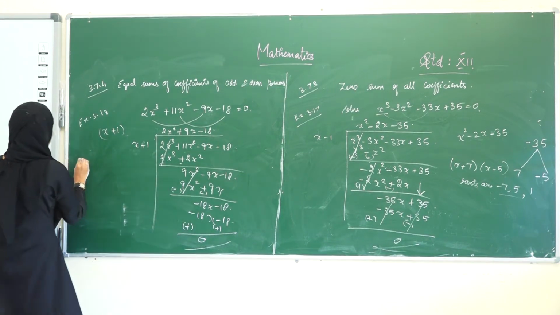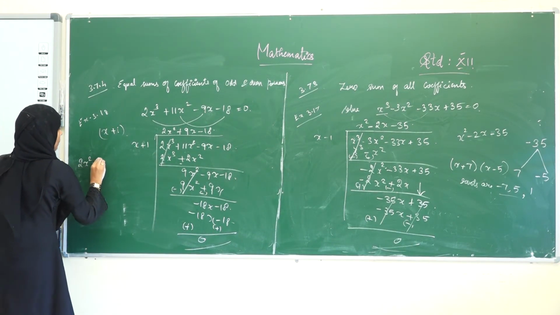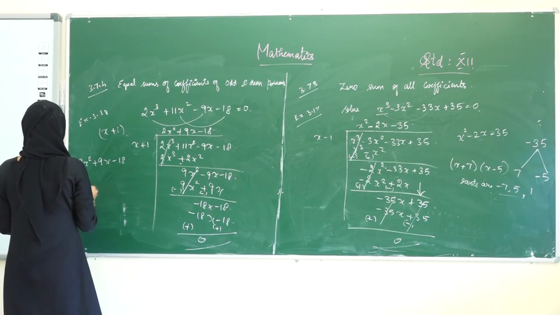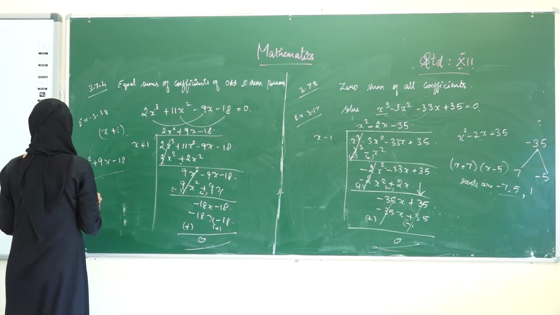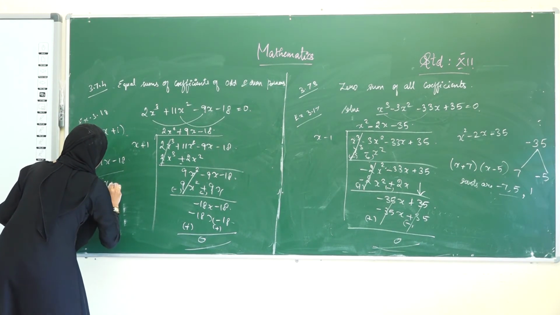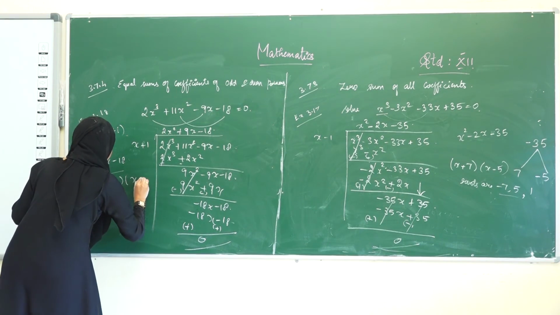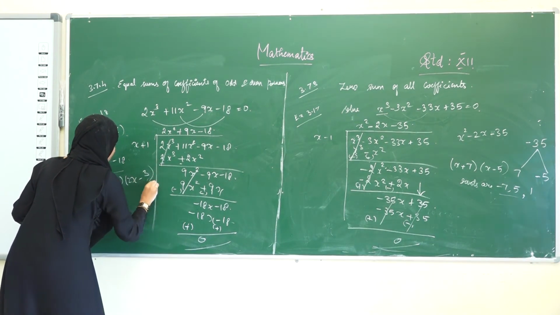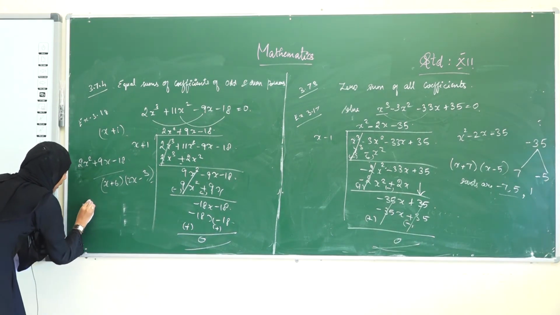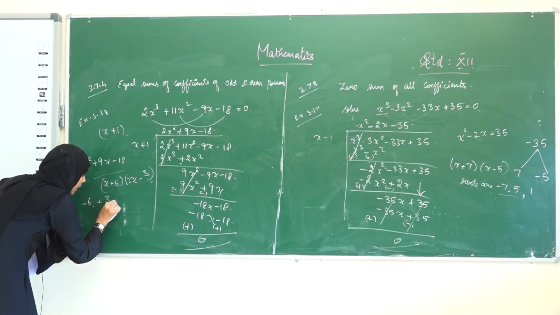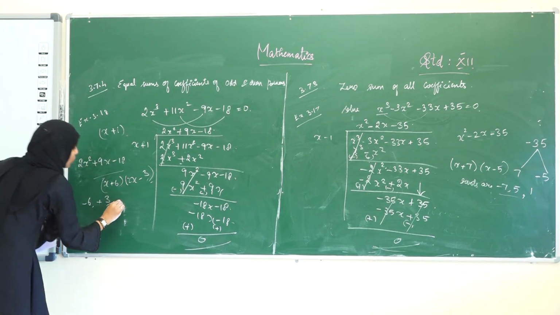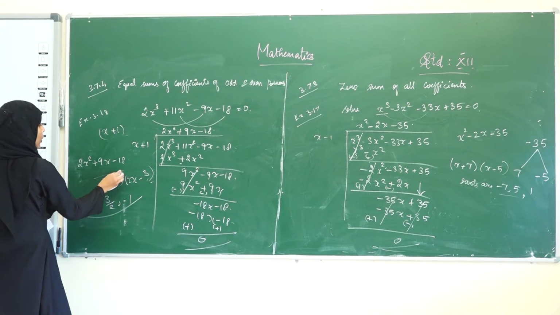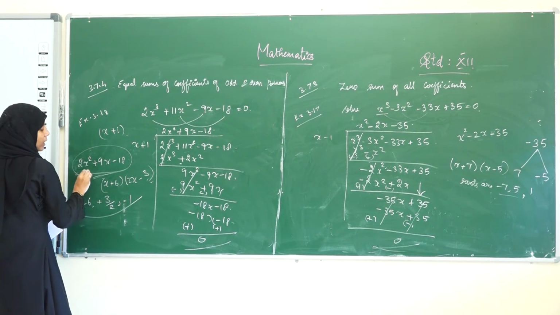Therefore, the factor we have got here is 2x square plus 9x minus 18. On factorizing this, we get x plus 6 and x minus 3 divided by 2, that is 2x minus 3. Therefore, the roots are minus 6 and plus 3 divided by 2. From the top itself we have minus 1. These three are the roots of this given equation. You try this by factoring.